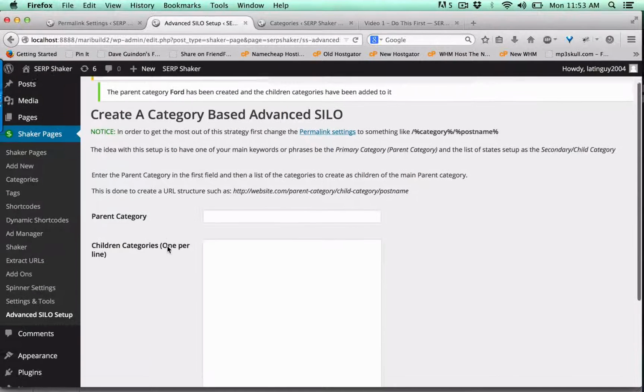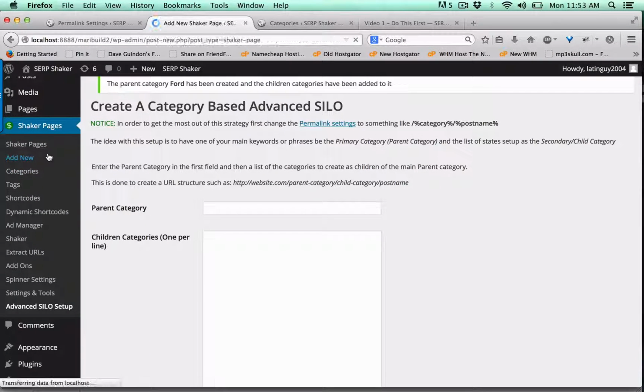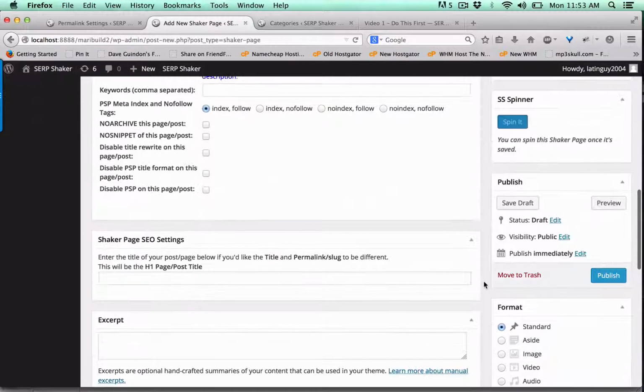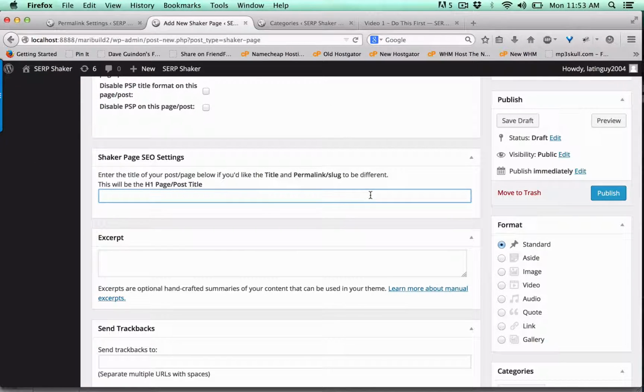So what you would do at this point is you go over to Shaker Pages. You're going to add the Shaker page, and let's just say that we're doing Dodge here. This is the first one that we did. So basically what I'm going to do is I'm just going to use the city up here as the URL, because we've got Dodge as the category, / we have the state, and now / we're going to have the city. But for the title is where I can change it up a little bit, and I can do Dodge car repair